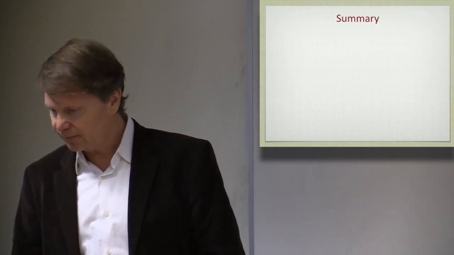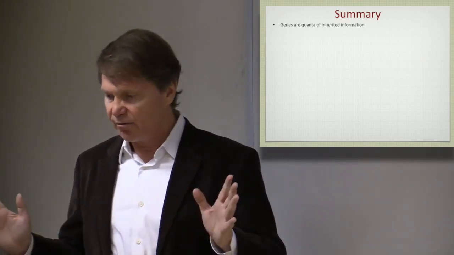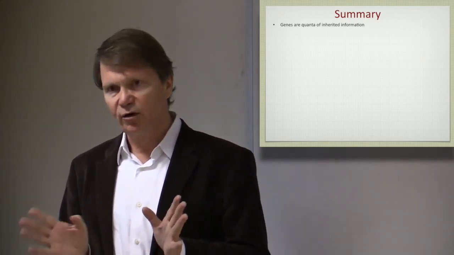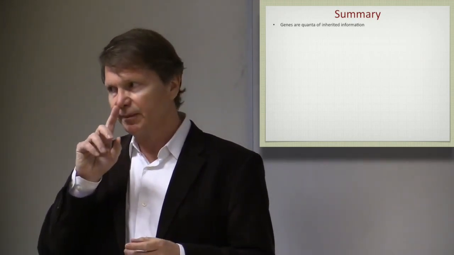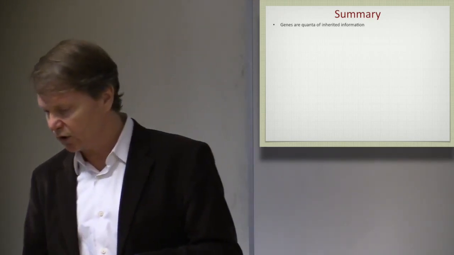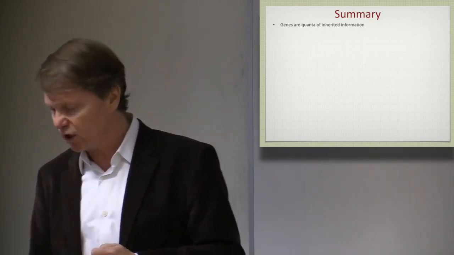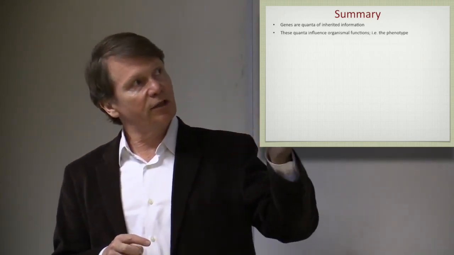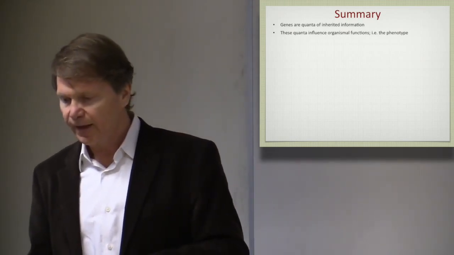Okay, so we have a summary here, to summarize this introductory lecture, this background to systems biology. First, genes are quanta of inherited information that travel from one generation to another, constantly scrambled up. In the case of eukaryotic genomes, they are constantly being mutated; they may be rearranged in the case of prokaryotic genomes; all sorts of other mechanisms are active to change the genetic material. Some willful and some not, of course. So these quanta of information specify or lead to phenotypic consequences.